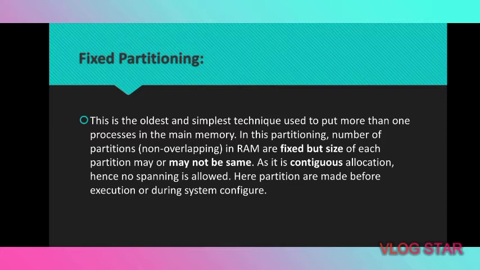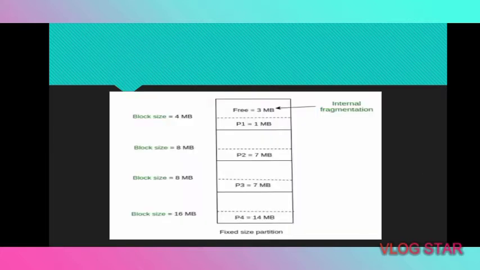In this partitioning, the number of partitions is non-overlapping in RAM and fixed, but the size of each partition may or may not be the same. As the contiguous location is required, no spanning is allowed. Partitions are made before execution or during system configuration. So this is the example: 3 equals 3 MB, or the internal fragmentation rather. So block size,